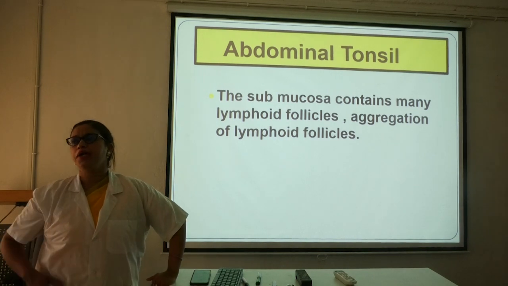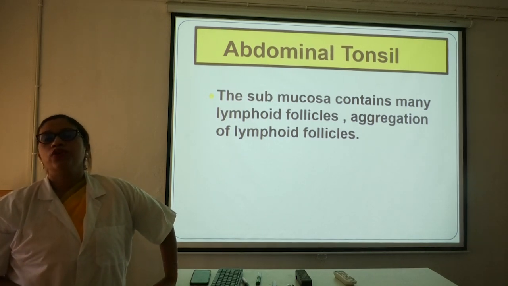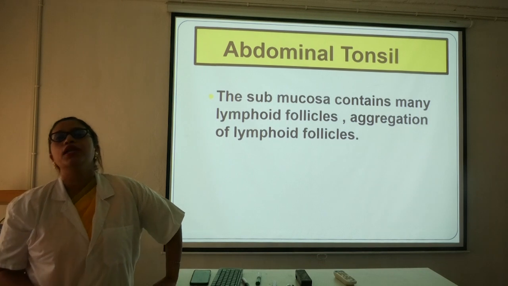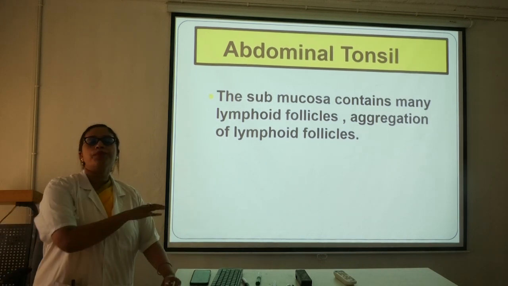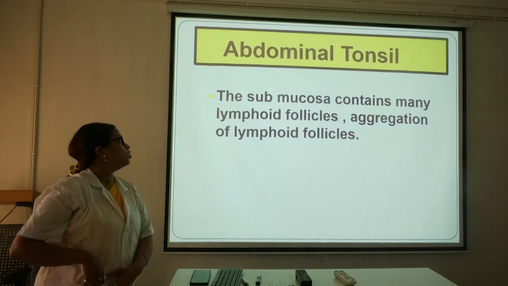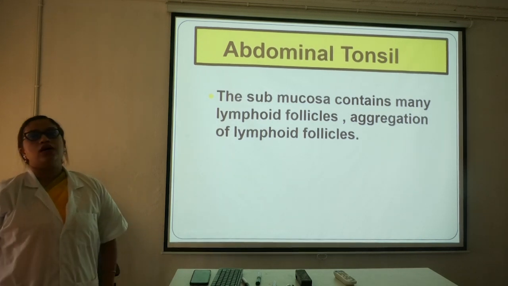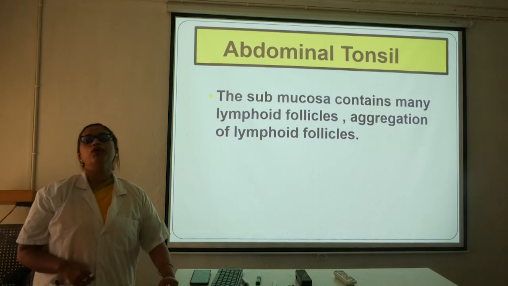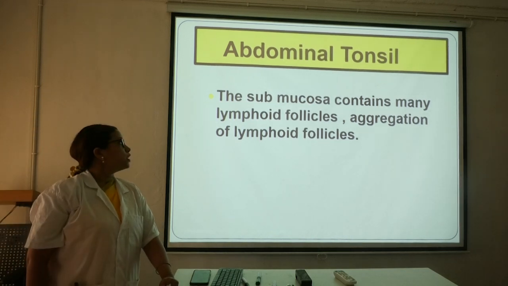What is called tonsil? How many times will I say it? Who will say? Aggregation of lymphoid follicles. So where do we find such aggregation of lymphoid follicles? In the appendix. Okay, so this is the submucosa. In which layer is it? It is in the submucosa. So the submucosa contains many